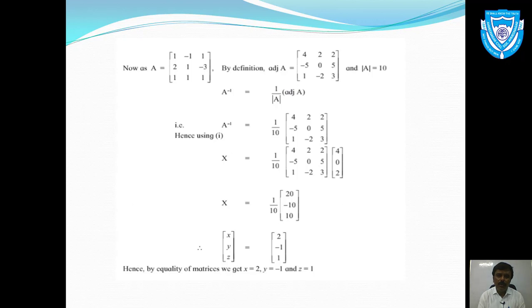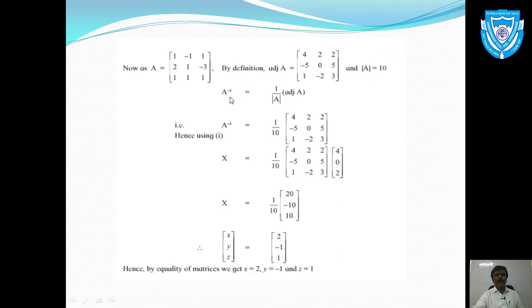Here on screen you have seen that A inverse is derived using the adjoint method. So the adjoint of A we have written directly over here. You know the procedure to find the adjoint of A from the given A, and the determinant of A is also written directly, that is 10. How to derive these two values, how we find them, we have seen the procedure in the previous lecture, so we will not discuss it. We will see how to use these two values in this formula.